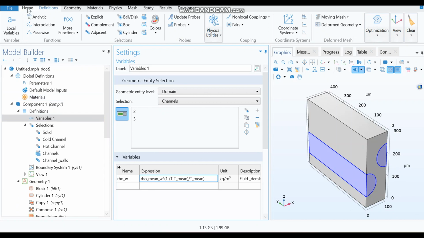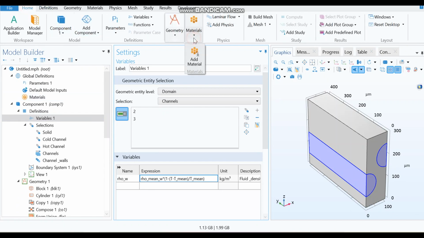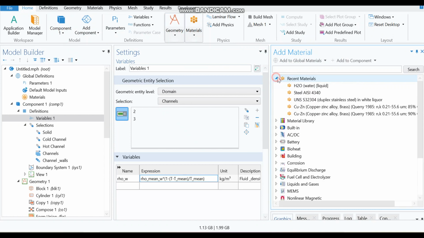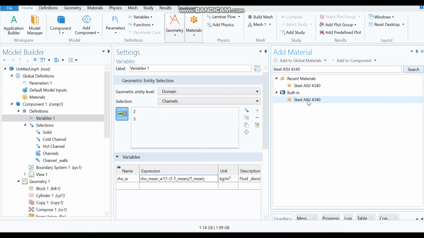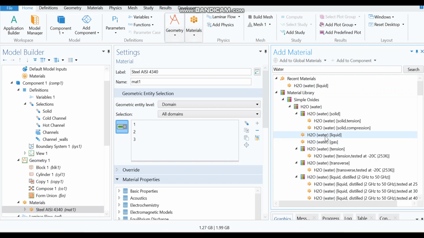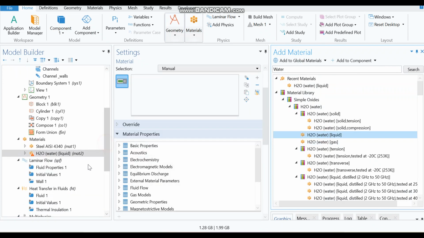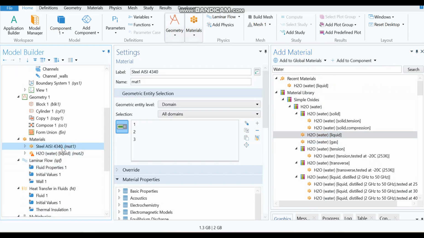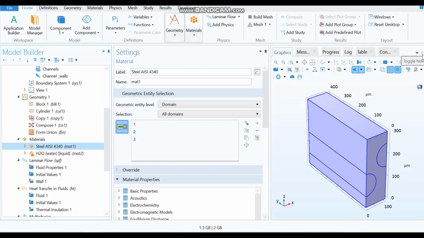So for that, go to the home and then click on the material, click on add material, and here type steel AISI 4340, click on search and double click on this material, steel AISI 4340. Okay, this is added here, and now search water, select the water liquid, double click, so the water is added here as well. Okay, now close that material window, and now click on the steel AISI 4340 material,